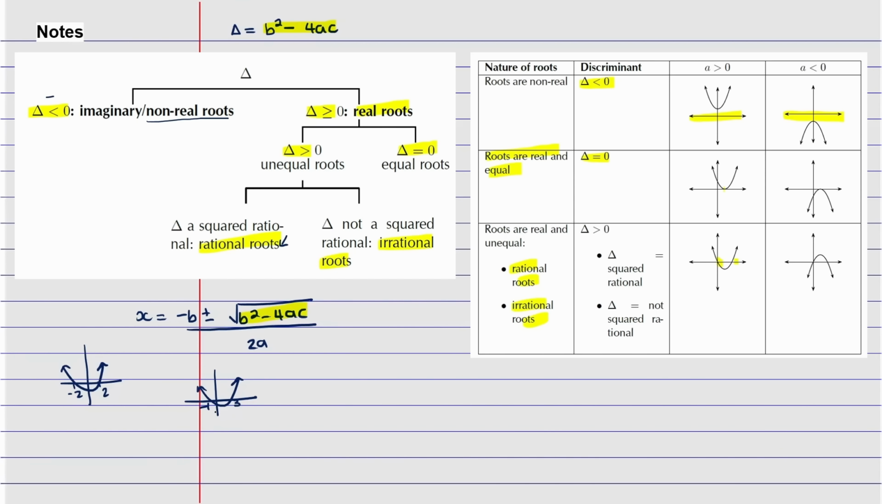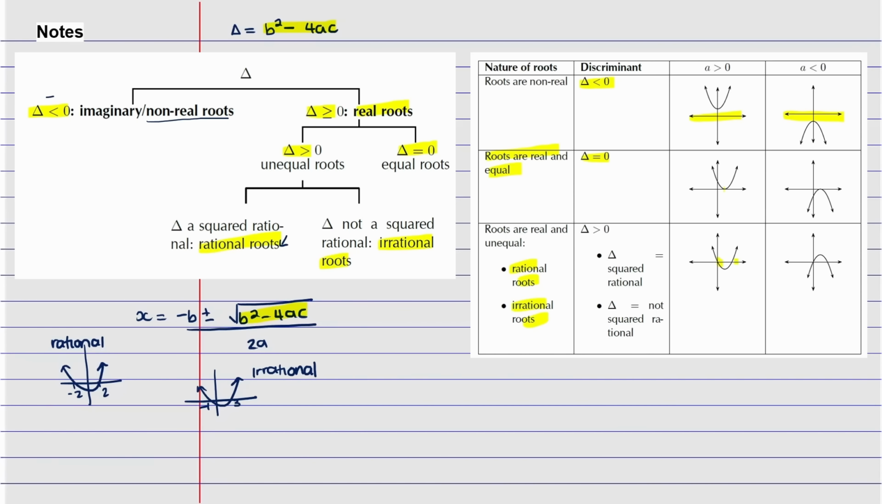Since these roots are different numbers, do you see that here it's the same number but a different sign? Here it's different numbers. This is going to be considered unequal and irrational. So let me just say it: this is considered unequal and irrational, and this one is going to be considered rational. I hope that made sense. So that's the gist